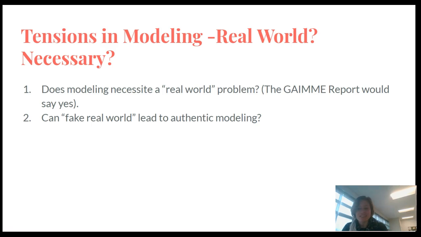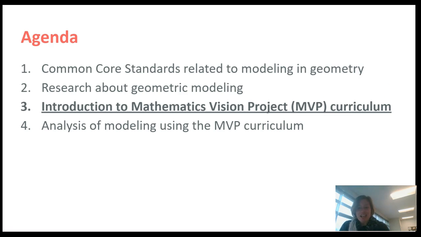And if you want to talk more about this, Dan Meyer on his blog, I will sing his praises to the top of the world, talks a lot about what needs to happen for real world to be modeling. And he came out against the GAME report and said it doesn't have to be real world. We model all the time without a real world context, which can be kind of freeing sometimes. But it's worth you taking a look at and thinking about on your own. So